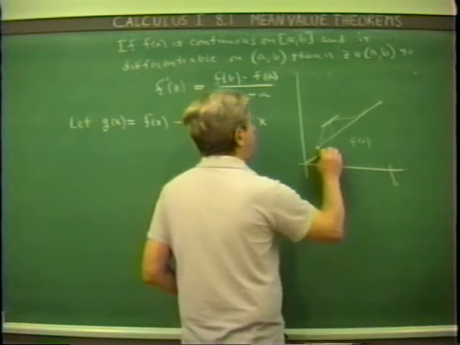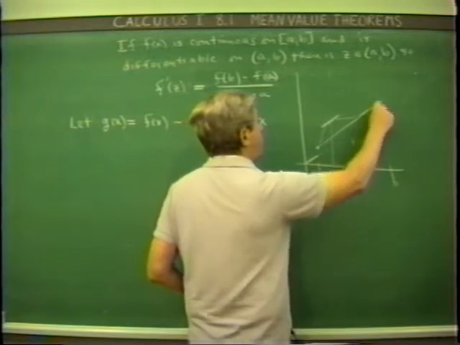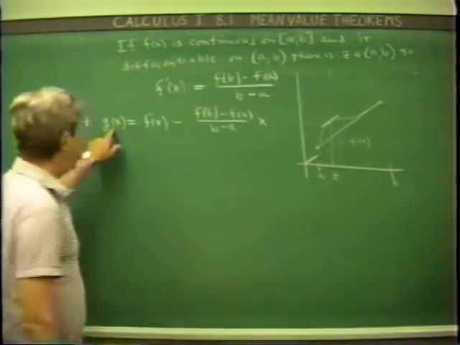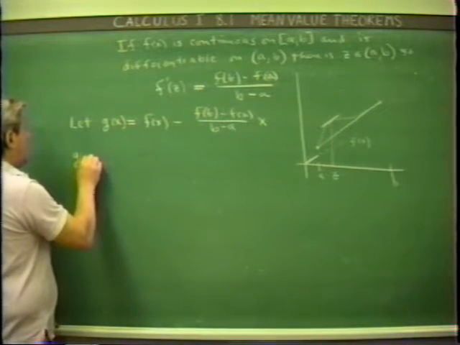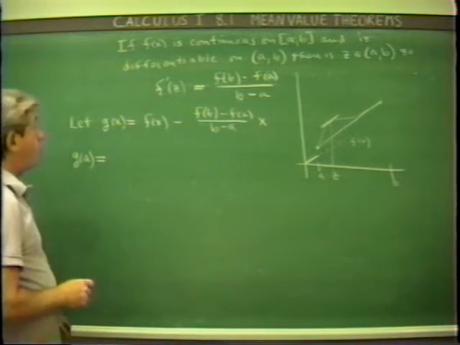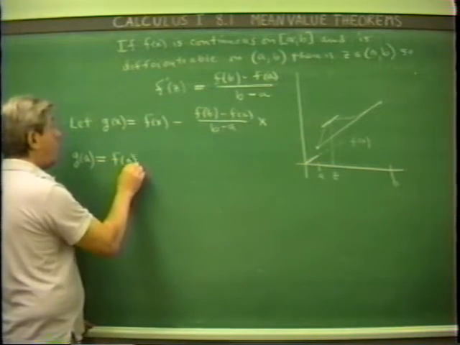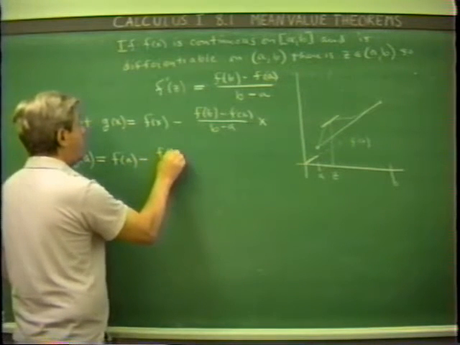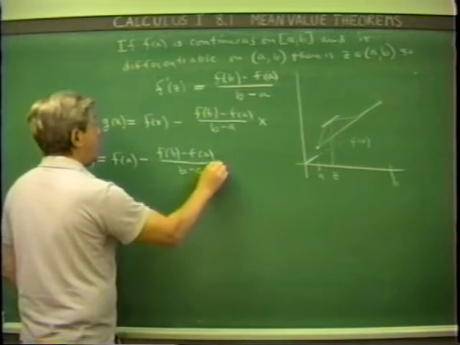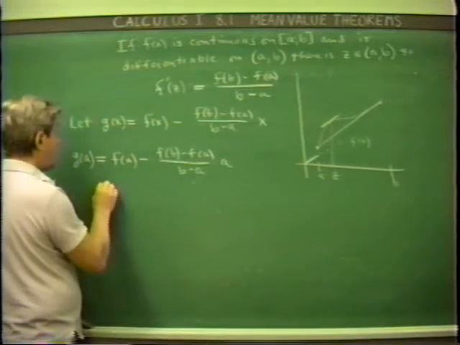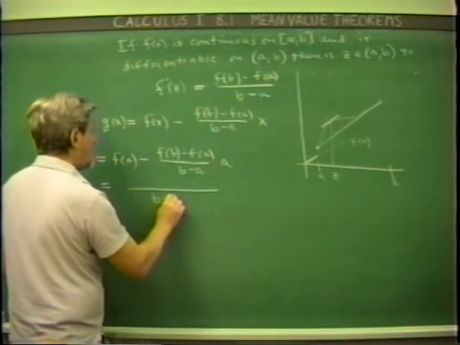Then the claim is that when you do this, it's almost apparent that the resulting difference is going to have the same value at A as it has at B. That's to say, g of A will be equal to g of B. Let's check that. g of A. Well, that's f of A minus f of B minus f of A over b minus a times A, which is equal to, if I put all of this over b minus a,